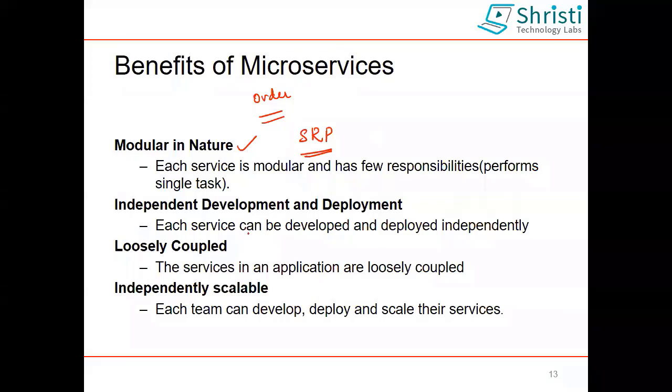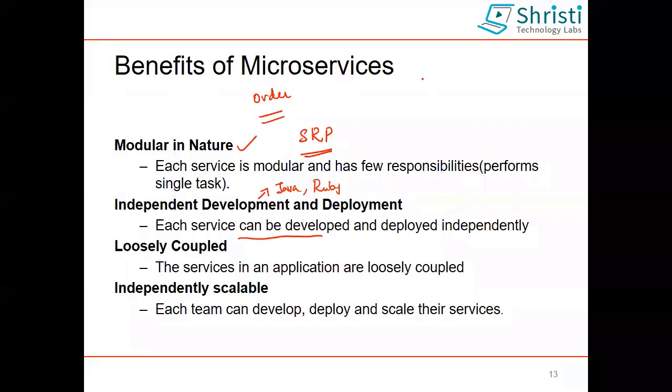Okay, next is each service can be developed and deployed independently. When I say development, I can develop my microservice in Java, I can develop my microservice in Ruby on Rails, I can develop it in any other language, and I can deploy it. How are the microservices going to talk to each other? So I told you we need a service registry.